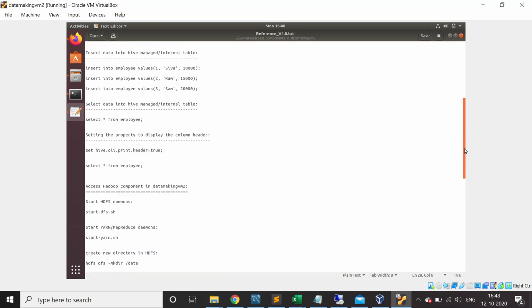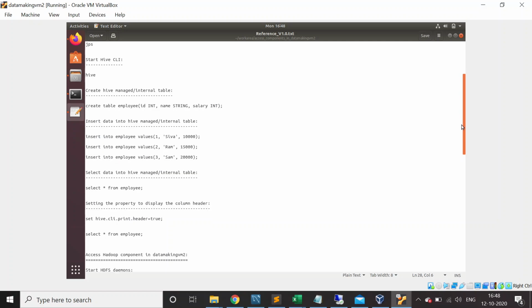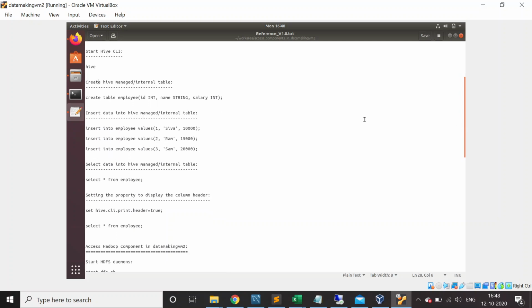So I'm going to create a Hive managed table. Once the Hive CLI is open, I'm going to create a Hive managed table called employee with three columns: ID, name, and salary. So let me check whether the HDFS daemons are started.